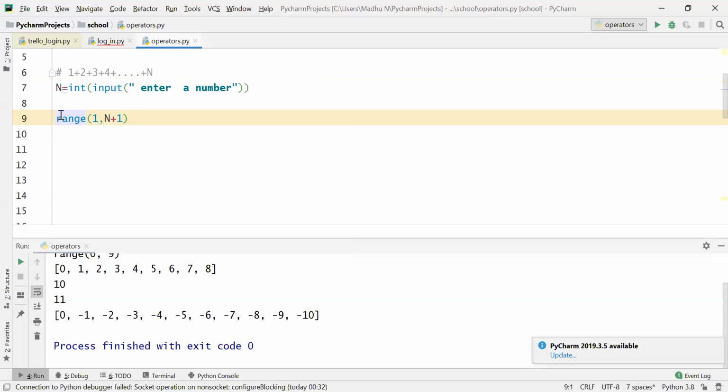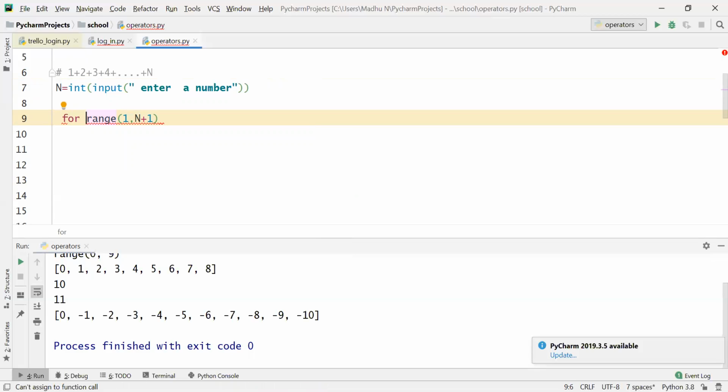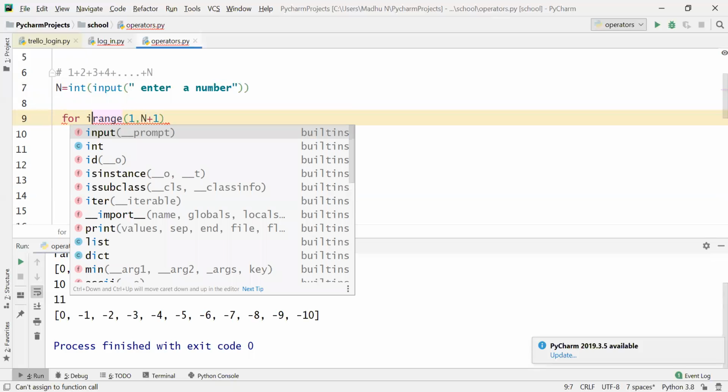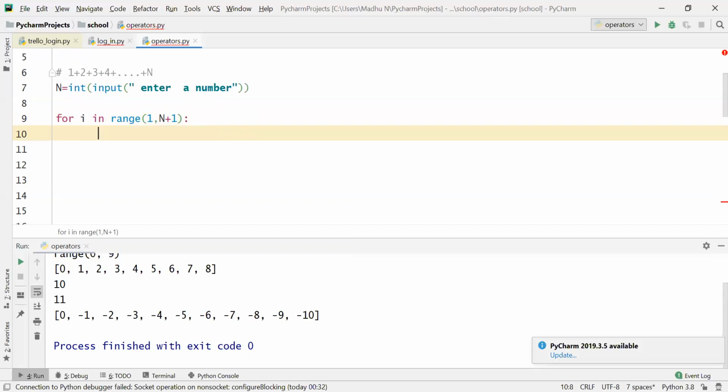Now we shall use for. Okay, for i in range. For i in range 1 to n plus 1.